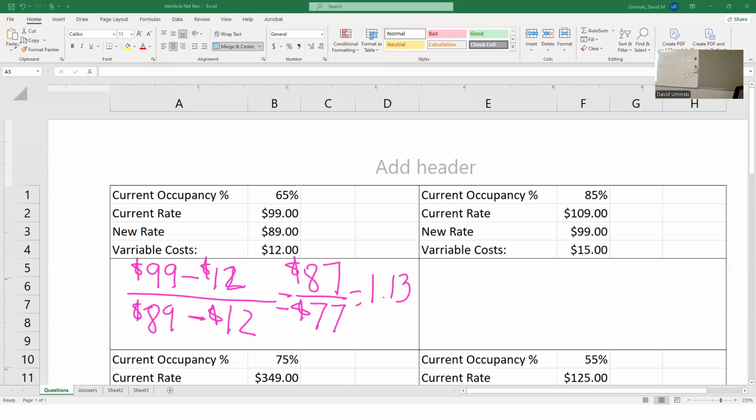Now, what is 65% as a decimal? Okay, so your book is going to say you're going to multiply by 0.65 times 100. Remember we had that on the back end of that formula? What happens if you multiply 0.65 times 100? Becomes 65. So that's why I say drop that 100 off the end of your formula and go ahead and just multiply by the 65. There's no sense in doing extra work of making a decimal and then the math bringing it back to a whole number of 65. So 1.13 times 65 is